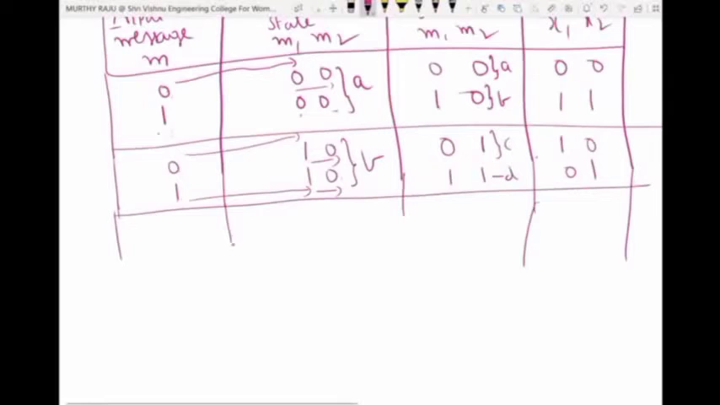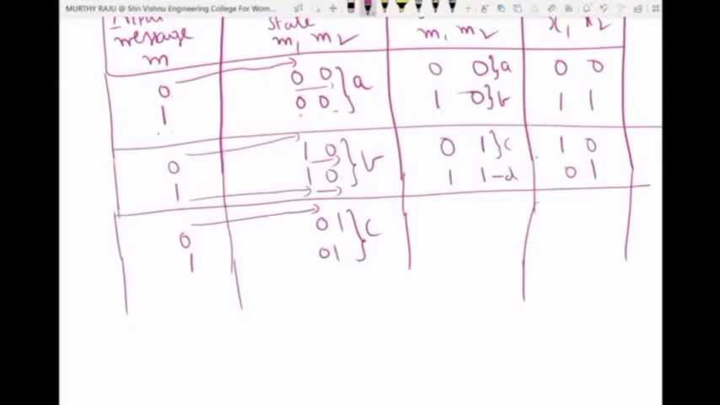Here consider next one is C. C means here 0, 1, 0, 1 state. Here two possibilities are M are 0, 1 and transitions are like that. Here 0 is shifted to 0, that means A. Here 1 is shifted to 0. 0 is shifted to 1. That means 1, 0. That is